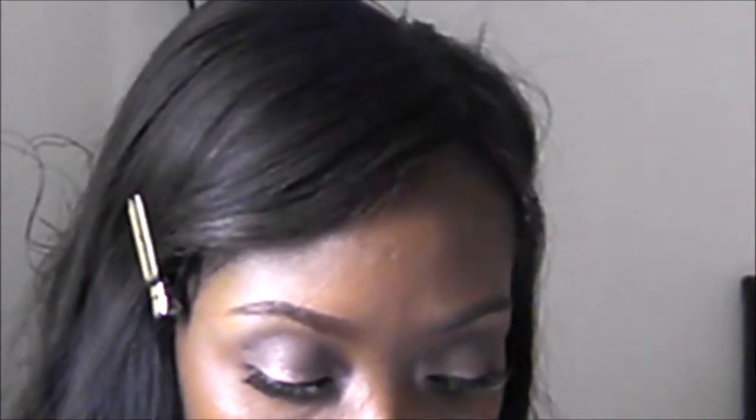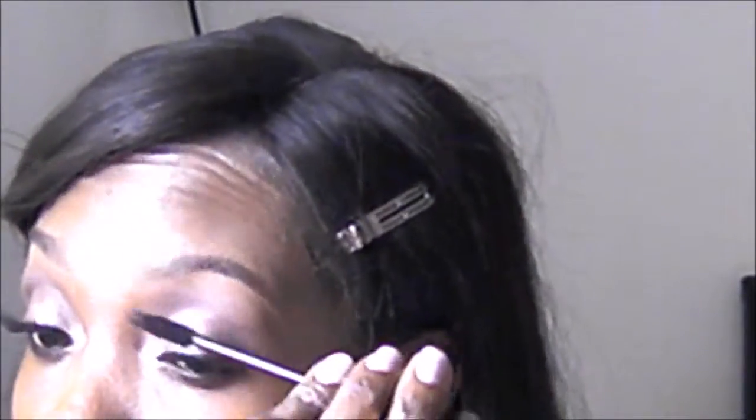I will finally apply my mascara underneath the lashes on my own natural lashes, to give it a much fuller look. Into my waterline with